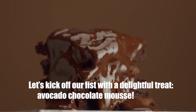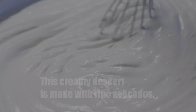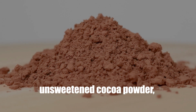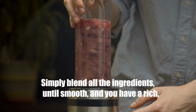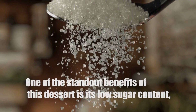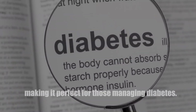Let's kick off our list with a delightful treat, avocado chocolate mousse. This creamy dessert is made with ripe avocados, unsweetened cocoa powder, a natural sweetener like stevia or erythritol, and a splash of vanilla extract. Simply blend all the ingredients until smooth, and you have a rich, velvety mousse that's ready to enjoy. One of the standout benefits of this dessert is its low sugar content, making it perfect for those